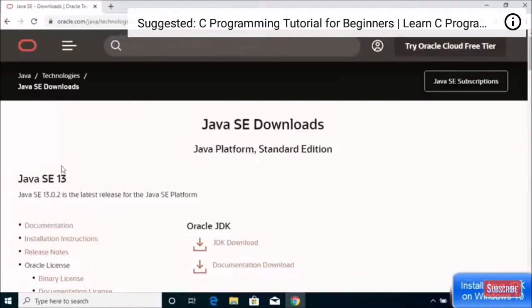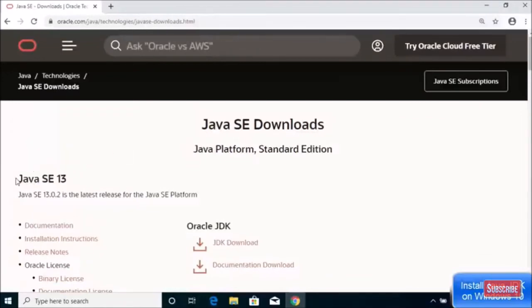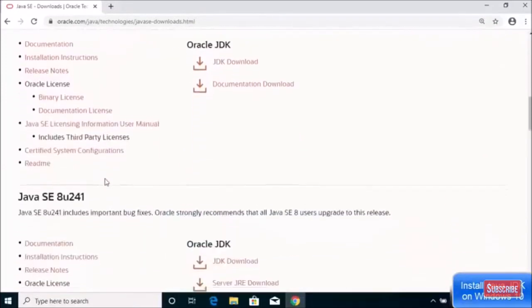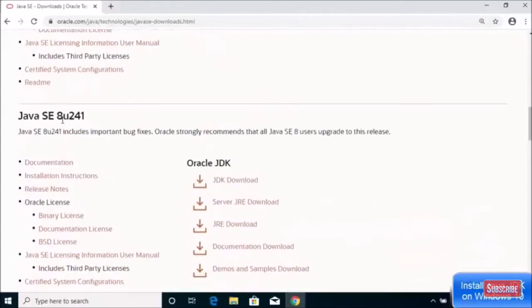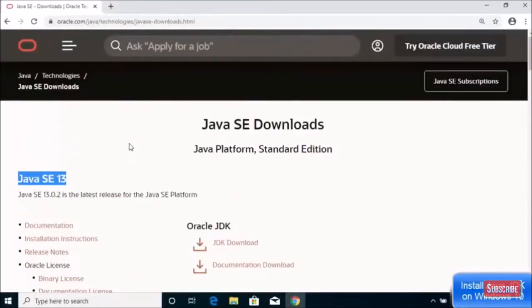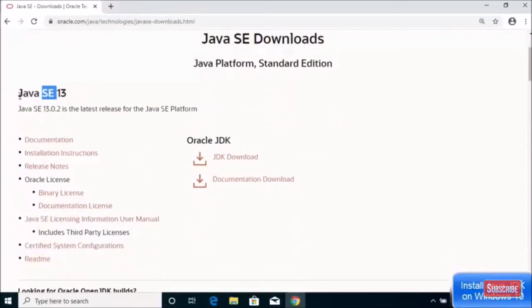Now as you can see here, at the time of making this video, Java SE 13 is the latest version. When I scroll down, Java SE 11 is the long-term support version, the LTS version, and we also have Java SE 8u241. In this video we are going to download and install the latest version, Java SE 13. So in order to download Java SE 13, we'll click on the Java JDK download option. Once this page is open,